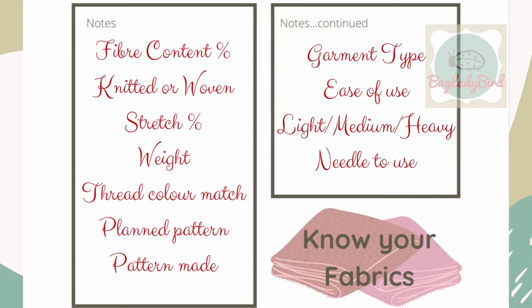So things like the fibre content percentage, so if it's 95% cotton and 5% lycra, or if it's 100% linen, you might want to know whether it's knitted or woven, and if it's stretchy, you might want to know the percentage of the stretch. So the weight of the fabric, if you know that, that's something you could pop on there, or the thread colour match. If you've planned it, if you've bought it with a specific project in mind, you might want to select the planned pattern,